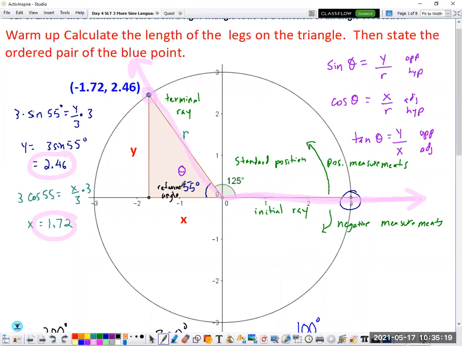If we are calculating these values using right triangle trig, using symmetry, if I want to find the sine and cosine of 125, I have to know its reference angle. And really, I'm finding the sine of 55 and the cosine of 55. But I have to remember that because I've overlaid this on an XY axis, this x value here is negative. Okay, and that's why this was negative